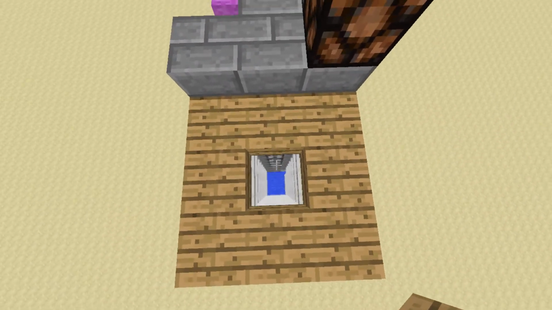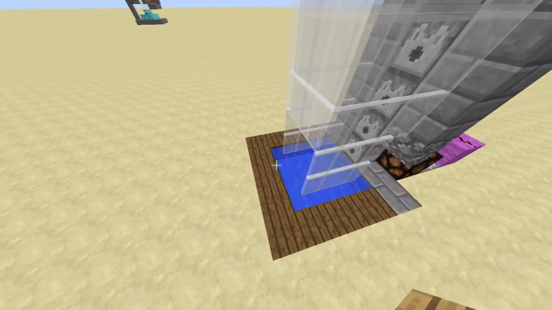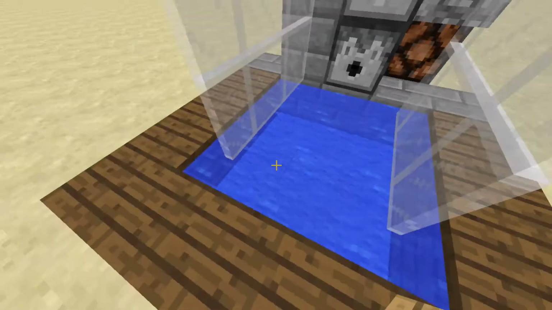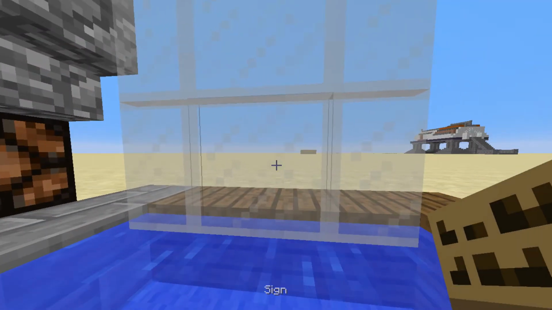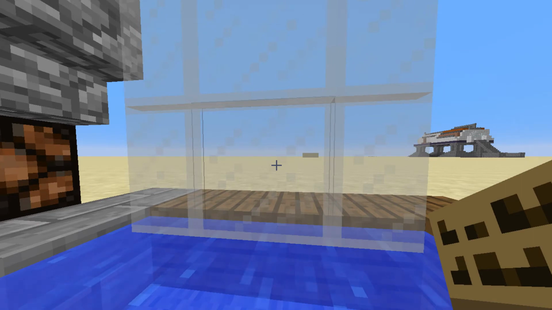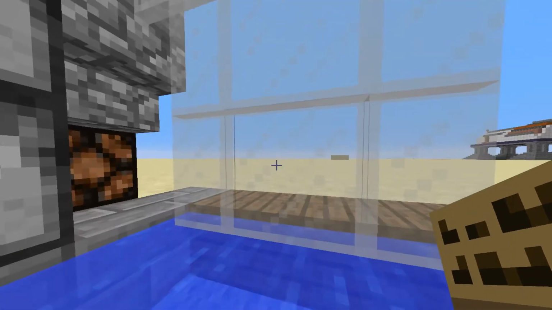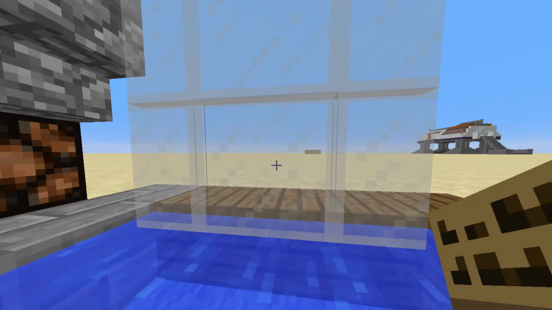So all we've got is a 1 square hole right at the top, and then come back down, and the next bit we're going to do is get some signs, and the sign is number 4. There we go. Right, so we're going to come in here and stick a sign on the middle section of each of these panes as we go up. We don't want it there because that will get in the way of the dispenser, but we want a sign there